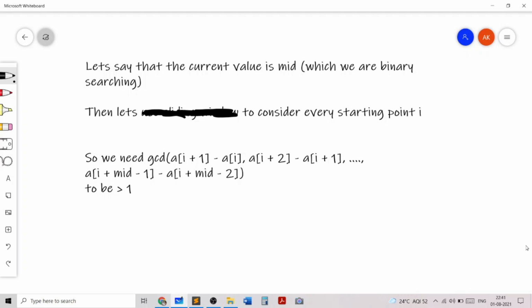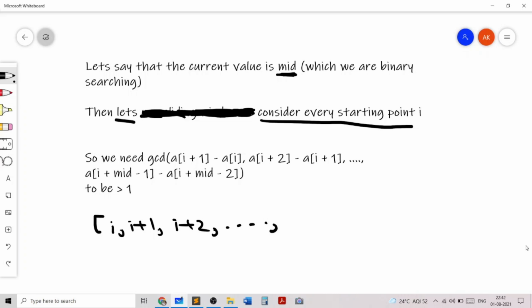We actually don't use a sliding window exactly, but we consider every starting point i. So we know that the subarray will be i plus 1, i plus 2, and all the way up till i plus mid minus 1.